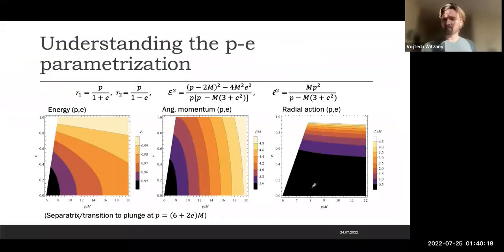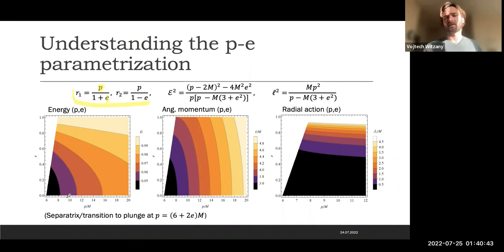But let's get back to Schwarzschild spacetime. How does this formalism work in Schwarzschild spacetime? You can parameterize your motion by these P and E. So P would be semilatus rectum in the Kepler problem. E would be eccentricity. They have formally the same expressions. You get exact expressions for energy and angular momentum, and